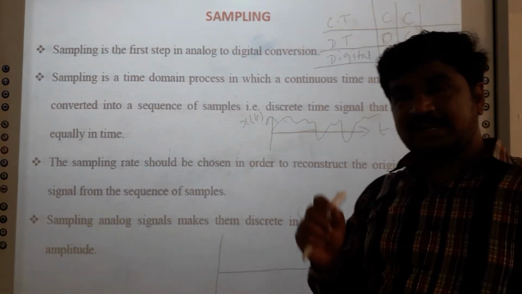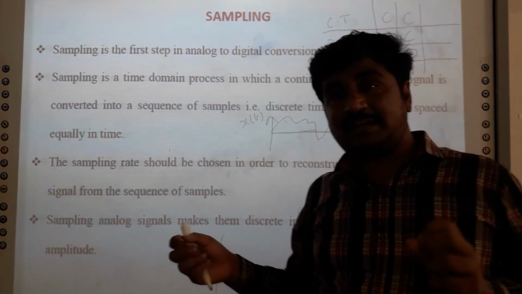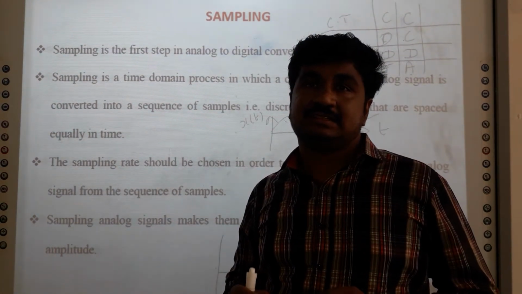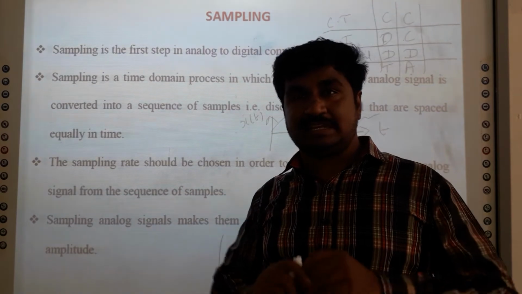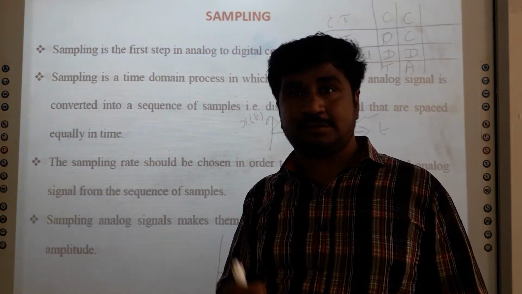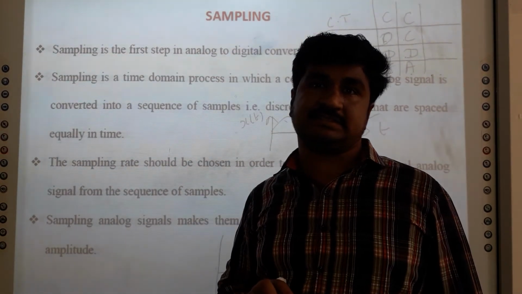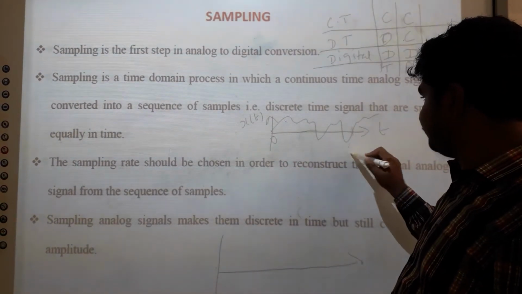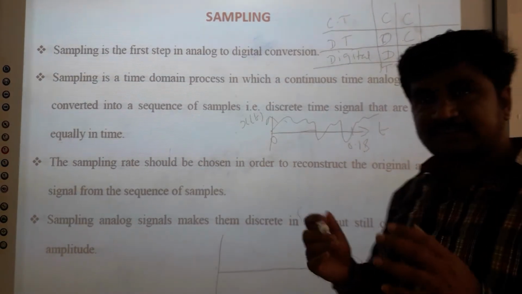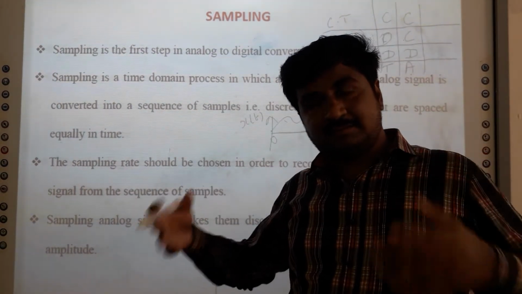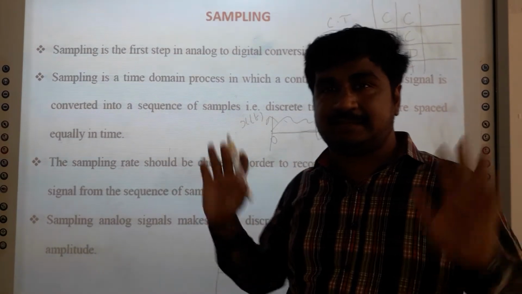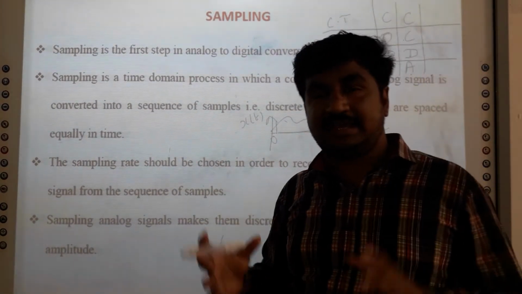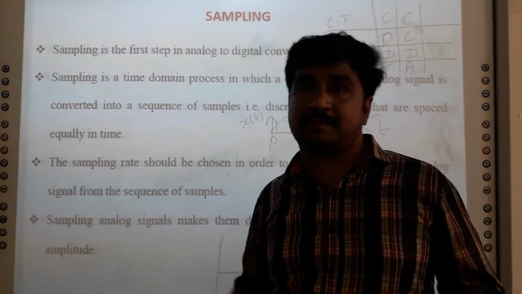That means in an analog signal we have an infinite number of amplitudes between two time instants. So we are going to reduce the infinite number of amplitudes into a finite number of amplitudes. For example, this is 0 second, this is 0.1 second. If you separate it into 1000, 10 to the power 6, 10 to the power 9, then each will have some amplitude. So we may consider it as an infinite number of amplitudes.